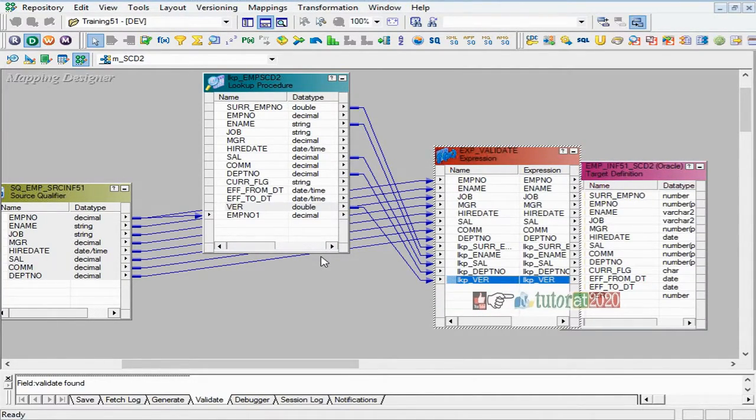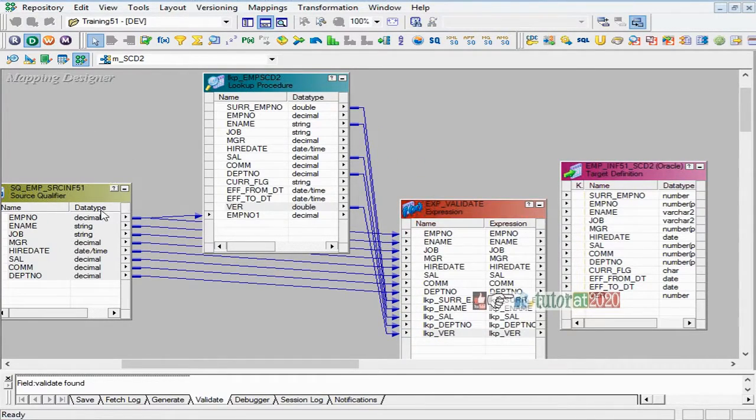We are checking in the lookup, and if I take any value from the lookup, if it returns a value, that is the existing record. If it doesn't return any value, it is a new record. Now, for example, if I go and check employee number here, if the same employee is not already there in the target, you will get a blank. Say, if there is an employee already present,